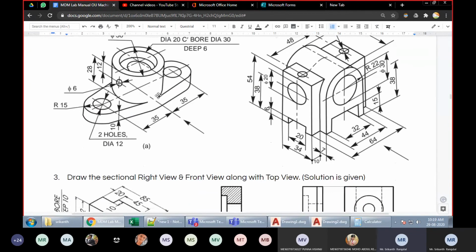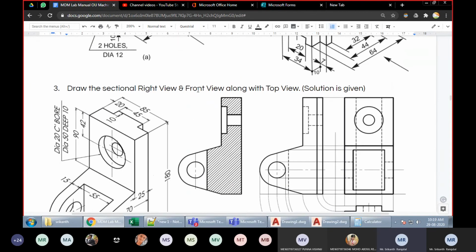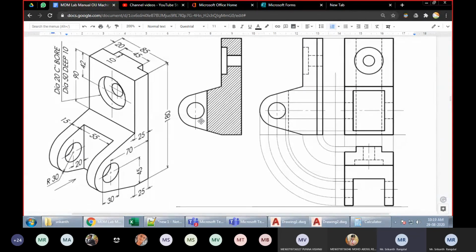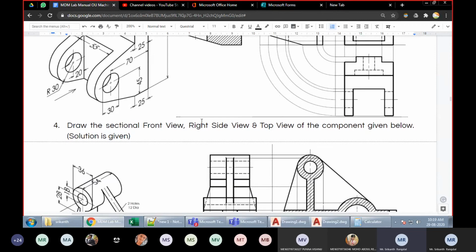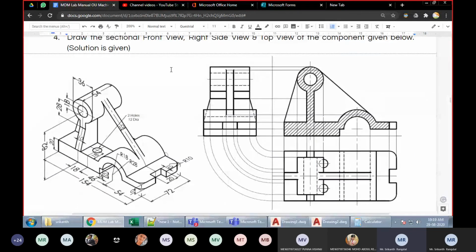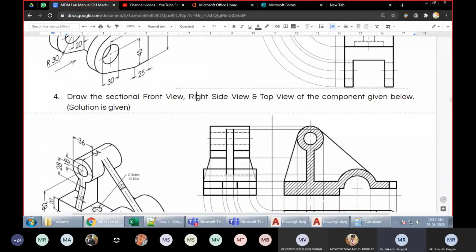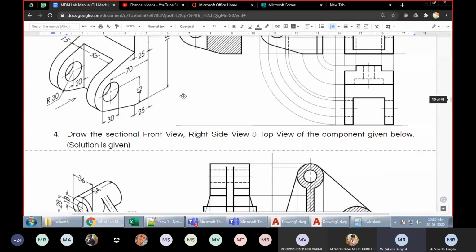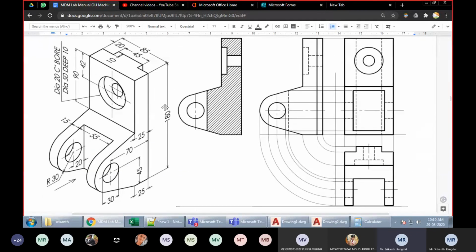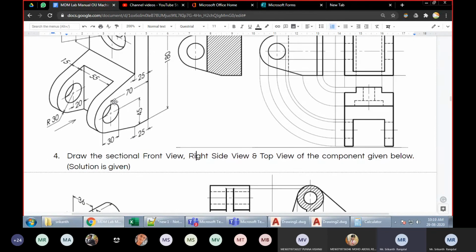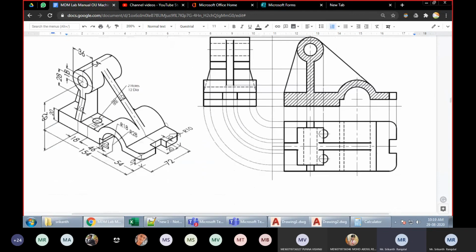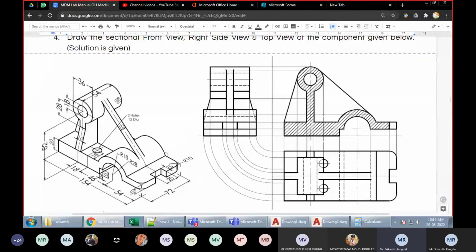Fine. So I will probably make videos on these and I will upload it. And you should be able to watch those videos and practice. And you should be able to upload the drawing file back into MS Teams. If I find that you're copying or something, I will change the dimensions for every student and I'll give different dimensions for all the students so that no 2 students have the same dimensions and there is little copying. But for now, I'm just going by trusting you that you will not copy, you will practice on your own and you will upload your own diagram instead of someone else's.